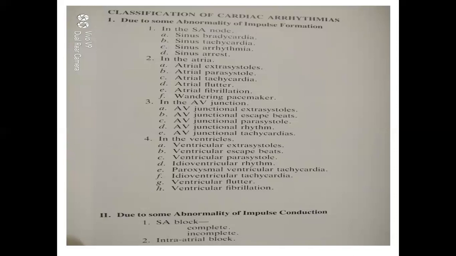First, you have to write the rate. Last time we calculated heart rate: 300 divided by the number of big squares between two R waves, or else 1500 divided by the RR interval in small squares. You should take big squares if there are 2, 3, or 4 squares. But if there are 2.5 or maybe 3.5 squares, it is better to take small squares, because the number will change.